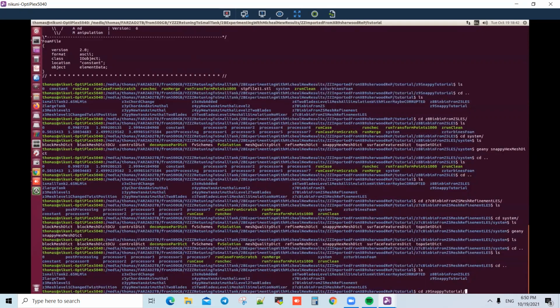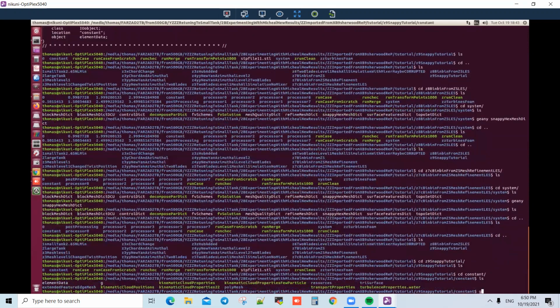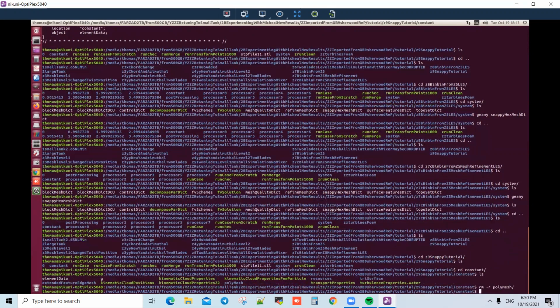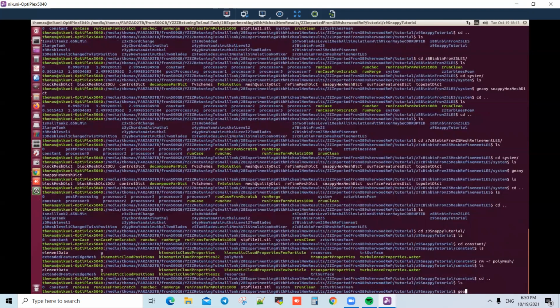Z9 tutorial, snappy tutorial. So here, I'm going again to constant, and remove the polyMesh. I removed it. Then this time I'm going to run the batch file, run case